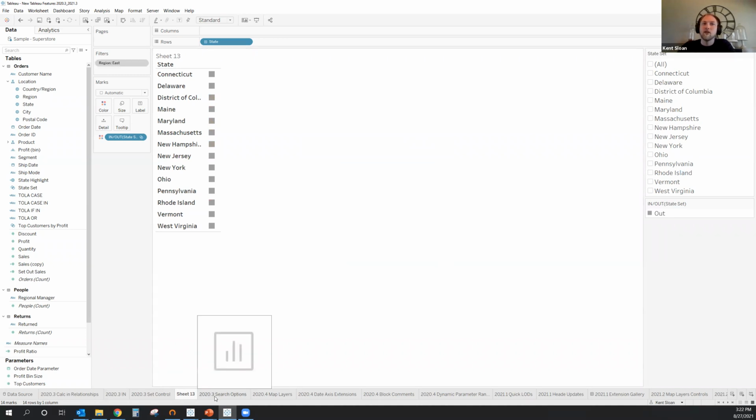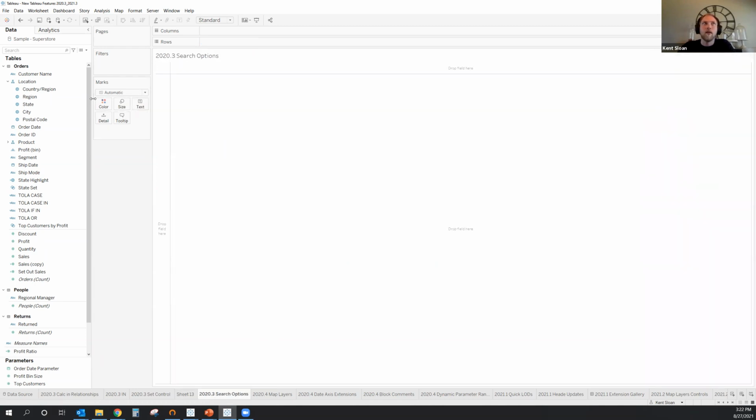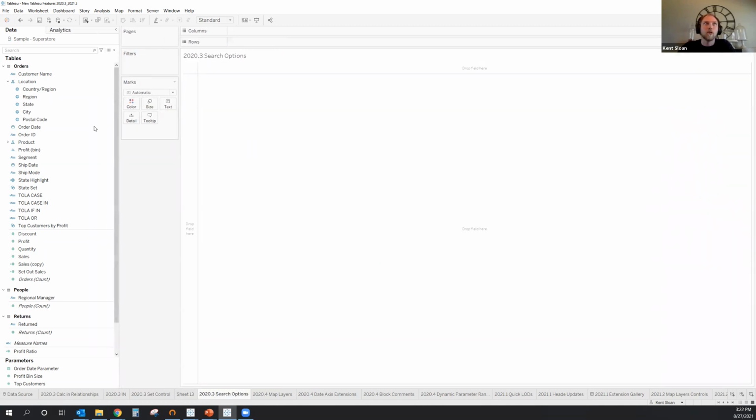Next one is a small one, but one that I find really helpful, especially if you're working with larger data sets where you've got a lot of fields to sort through. In the past, you'd see people use C period in front of their calculations as part of their naming convention, which made them a pain to display and actually use, but it helped if you were trying to find your calculations because you could search by C period. Now there's no longer a need for that.